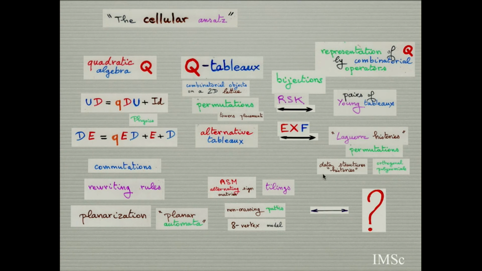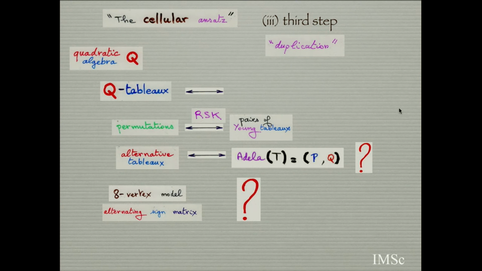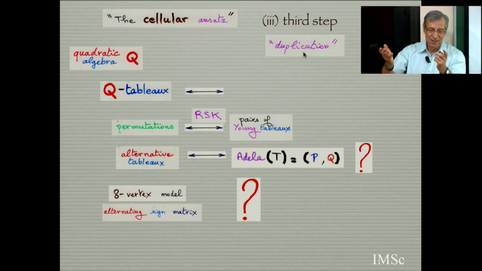So we'll finish with another way. The third step of the class is to try to guess a representation of the algebra. Try to guess how you get the representation of the RSK with U and D, adding and deleting operators, like in data structures in computer science. And there is another way, which I call duplication of equation. You start from your quadratic algebra. You try to read the Q tableau in a reverse way. You get what I call a reverse quadratic algebra.